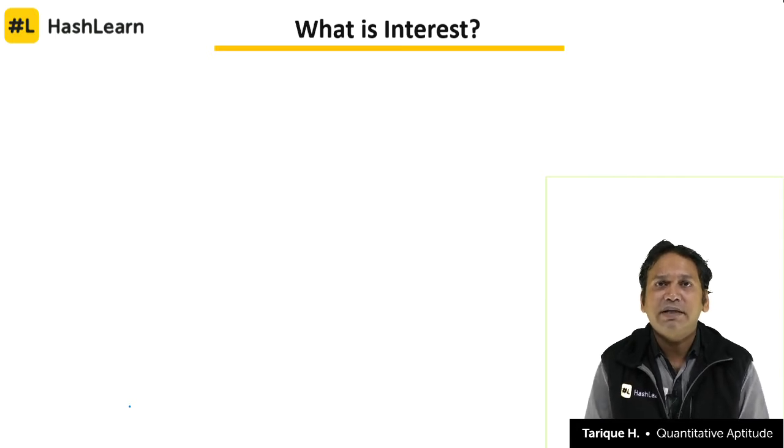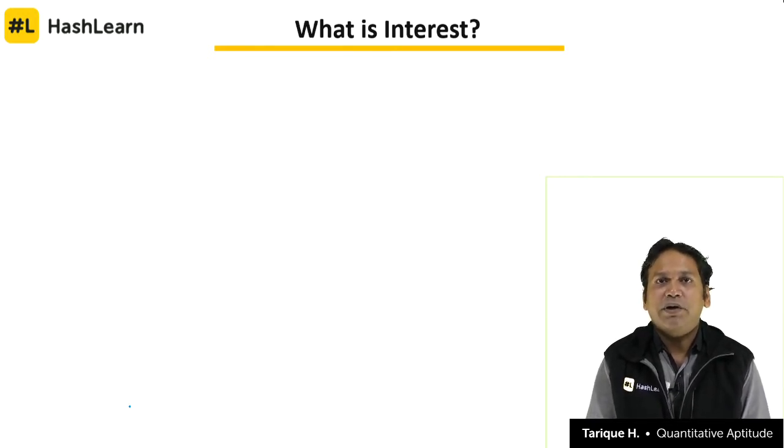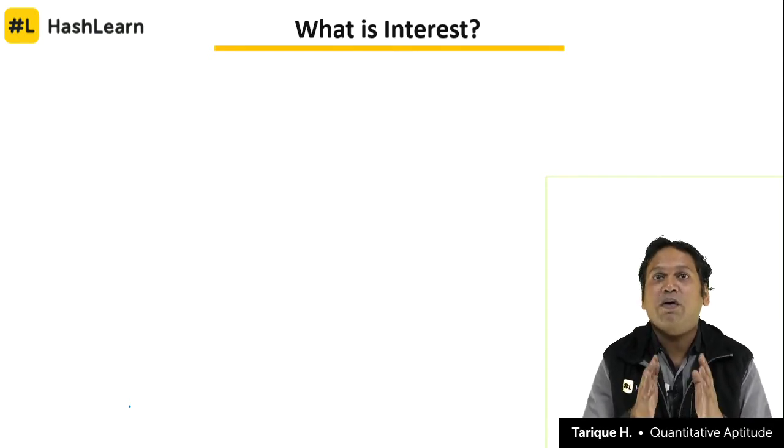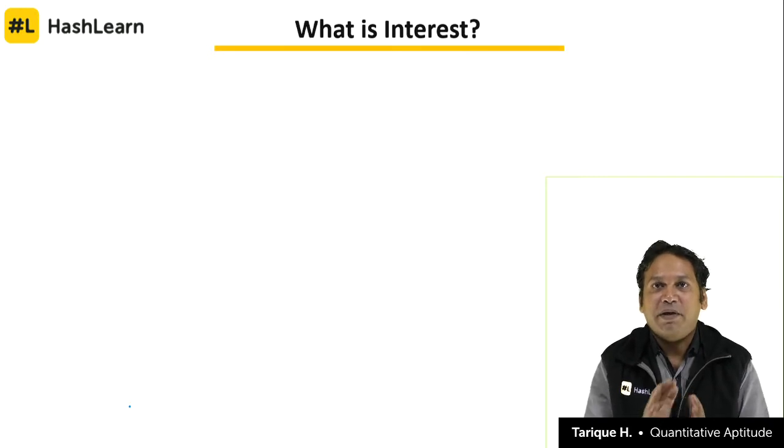The concept of interest itself is the idea of money growing and not being stagnant. So today if I take 1 lakh rupees and I put it in a locker in my home and keep it locked, right? And if I open the locker after a period of 1 year, what will happen? Will that 1 lakh rupees grow? Will it become 1 lakh 5,000 or 1 lakh 6,000, or will it remain 1 lakh only? Okay, so if you lock 1 lakh in the locker, it will remain 1 lakh after 1 year,